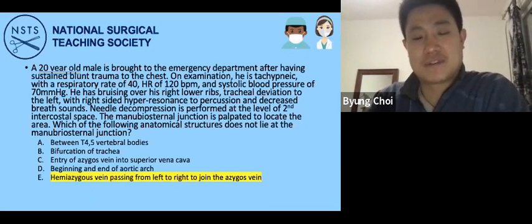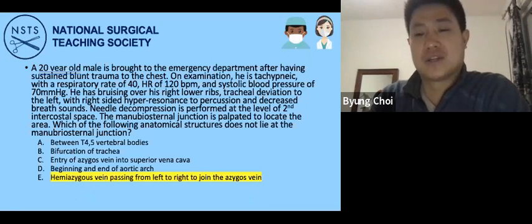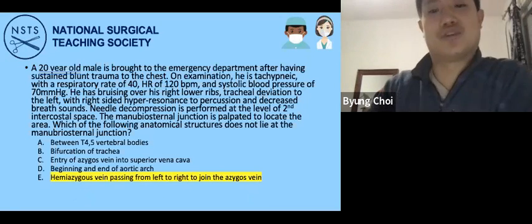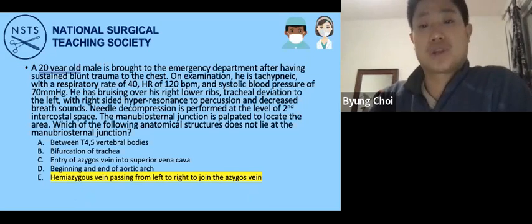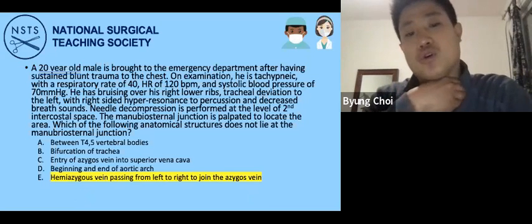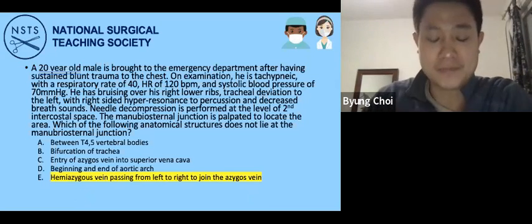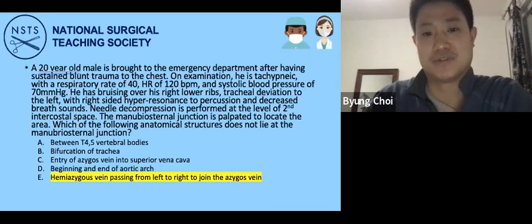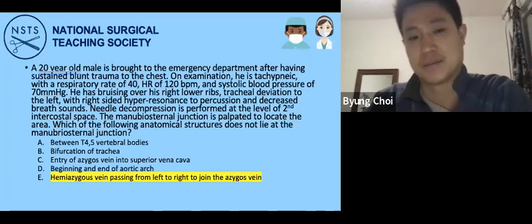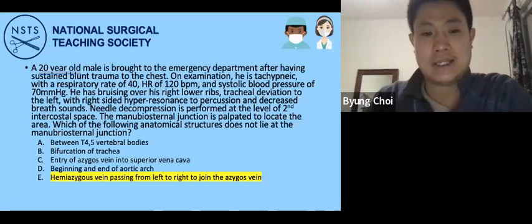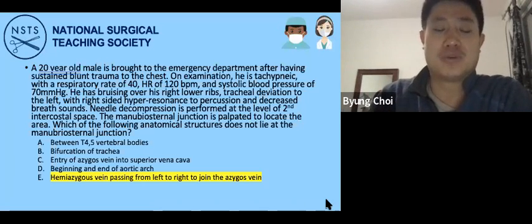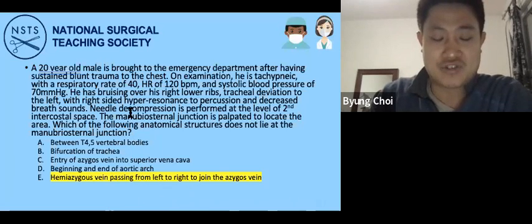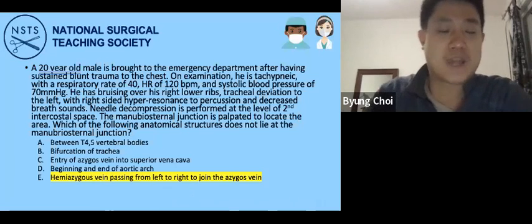So this is obviously another key anatomical landmark. Like we were talking about the transpyloric plane in the last session, the angle of Louis, or the manubriosternal junction, is another landmark that you should be really familiar with to know the structures that line up in that area. And to be fair, for this question, even without knowing every structure that passes through that line,